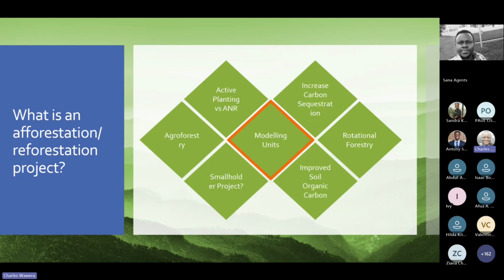Now, it's also very important for one to understand how one modeling unit will be distinguished from another one. So there's the active planting that you will be doing as the developer, as well as what we call the assisted natural regeneration. Because remember, when you're planting your trees and working towards the growing of the trees, what tends to happen is that the land picks up the signal that, hey, it's now a good time for us to regenerate the ecosystem. So you start seeing other species or trees or even yours starting to naturally regenerate. Of course, depending on the kind of tree you're dealing with, like fruit trees, the process of pollination, then within a well-designed project, we'll be getting what you call the assisted natural regeneration, and that